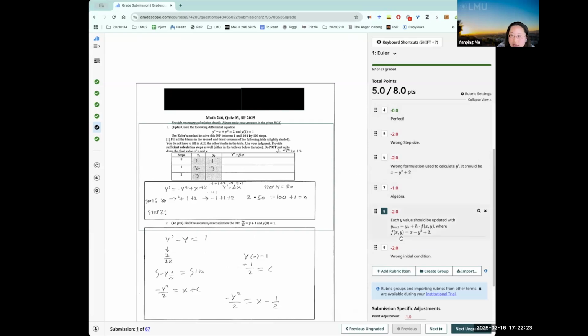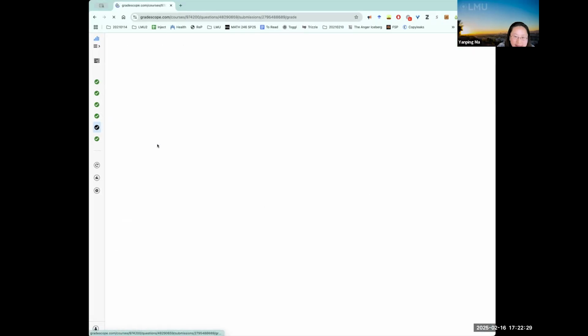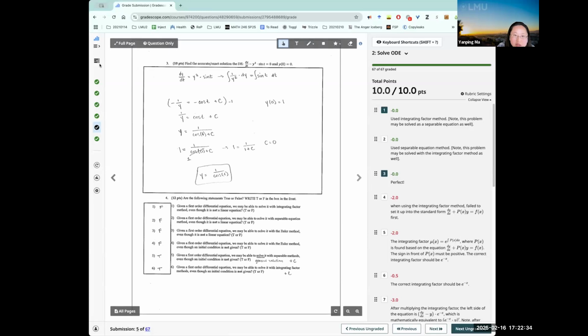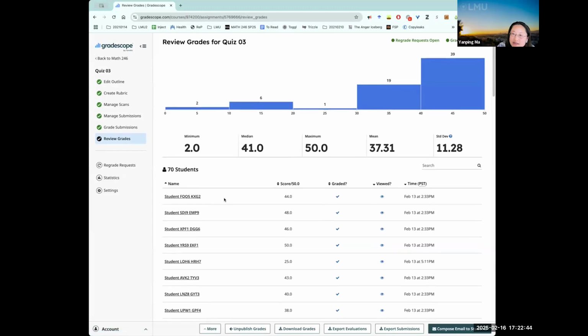You can look at one problem for each student, grading one problem at a time for all the students. It's easy to modify, it guarantees fairness, and it's very easy to correct your grading.